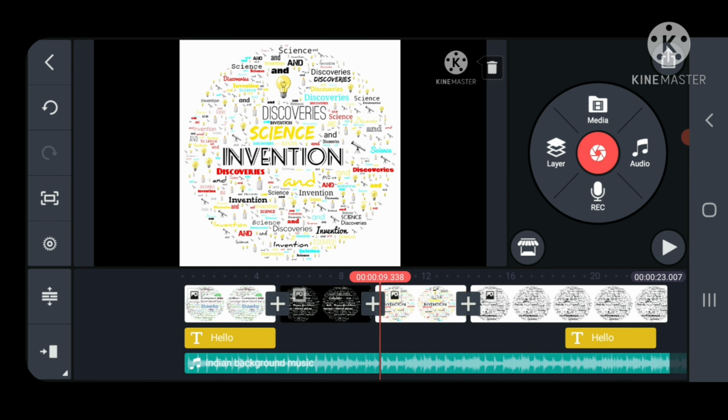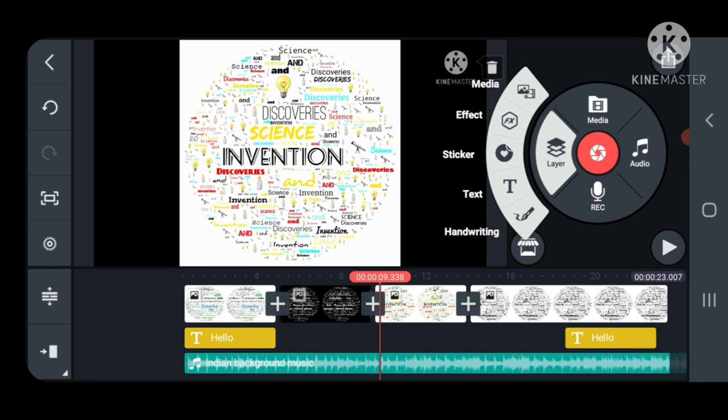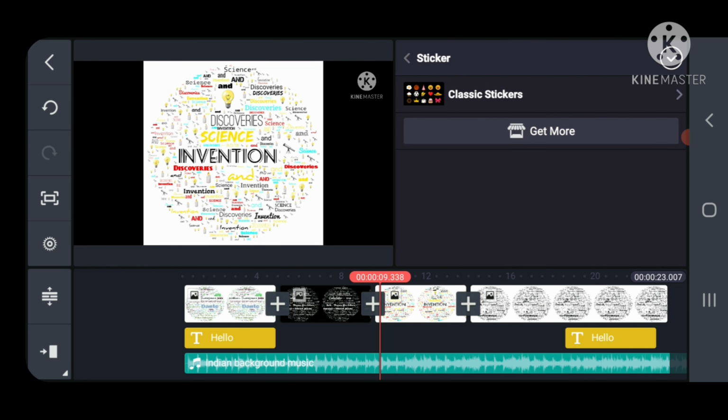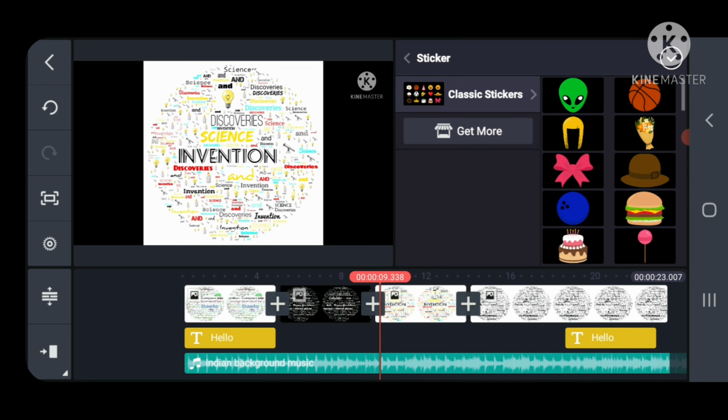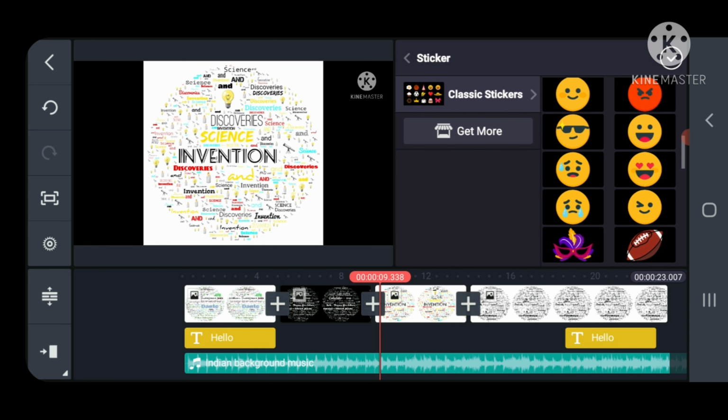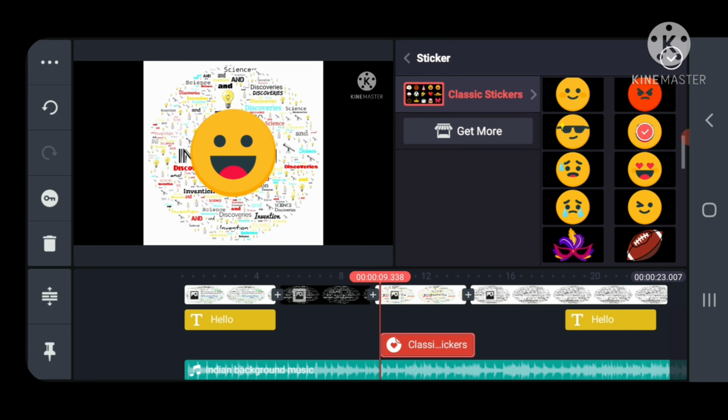Next one. Probably in one video you might be saying that you have added an emoji saying please subscribe to your channel. So how to add that emoji? Click on layer and then on sticker. There are classic stickers. Click on it, and you have some of them. Let's say I'll click on this happy face. So you can have it like this. You can make the stickers like this,